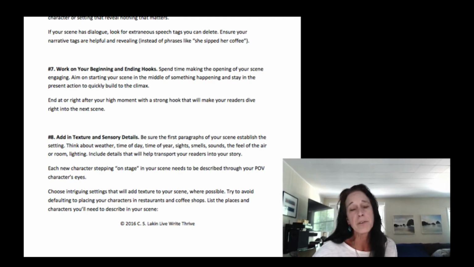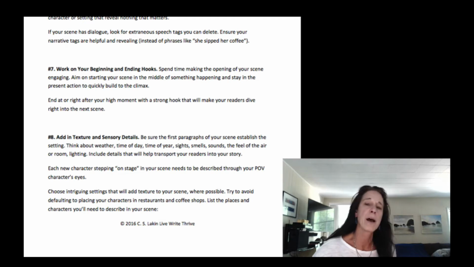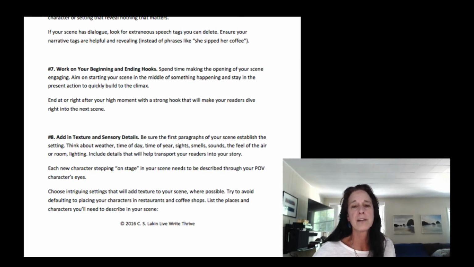So also think about the time of day and how much time is passing. It's really important if you're moving from scene to scene to imply how much time has passed for your character, because if last we saw it was nighttime and she was doing something in the middle of the night, and now you show her manicuring her toenails or something. That's not a manicure. Sorry, pedicure, getting a pedicure. You're still thinking it's the middle of the night. It seems kind of odd that she would be getting a pedicure. So you've got to establish the time of day for the most part.